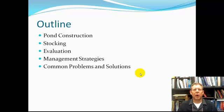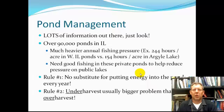So what we want to do is look at these things in the order of how the pond ages and evolves. So from building the pond to how to stock it, how to find out what you've got in the pond, then looking at some management strategies for the ponds, and then some common problems and solutions. I'm going to try and break this down into 2 or 3 different sections because there's a lot to talk about here. So starting with just general information, there's lots of information out there,